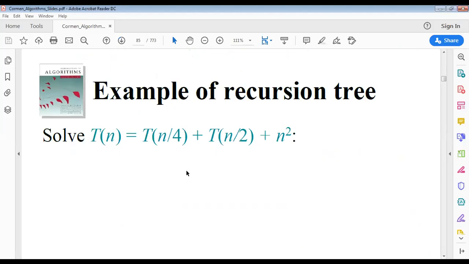The example we discussed a little while ago had two children and each child had an equal size. But in this example, T of n is equal to T of n by 4 plus T of n by 2. Two children, one child's size is different from the other, and then this is the time. So if we solve this first T of n, like the previous example, then if we put the T of n value, it will be n square